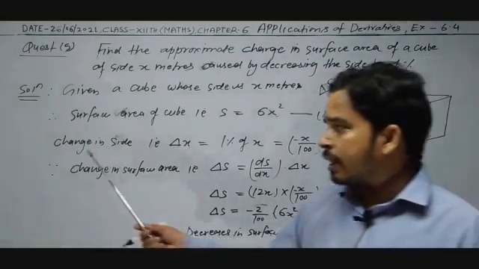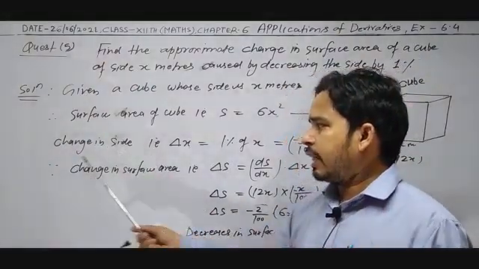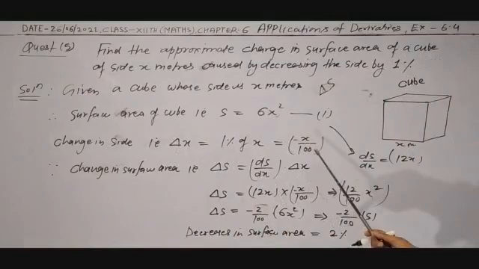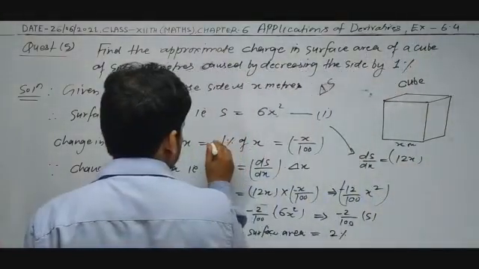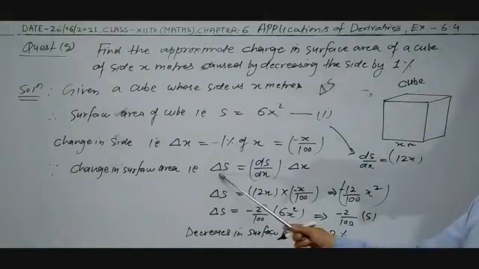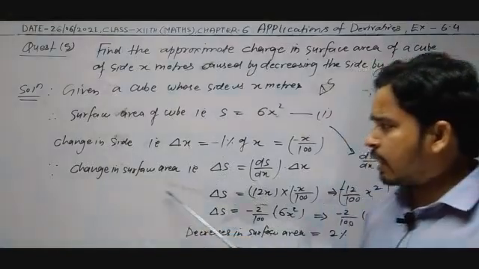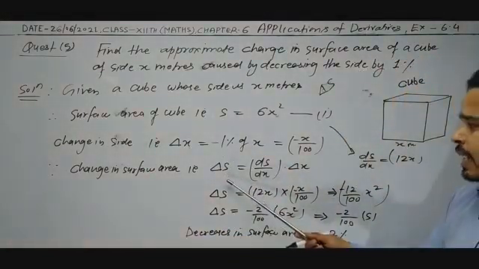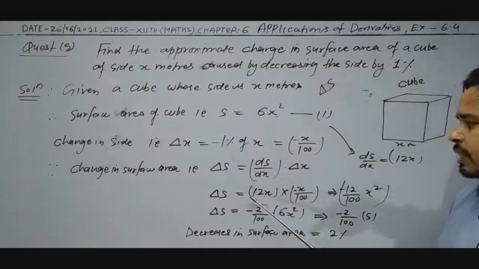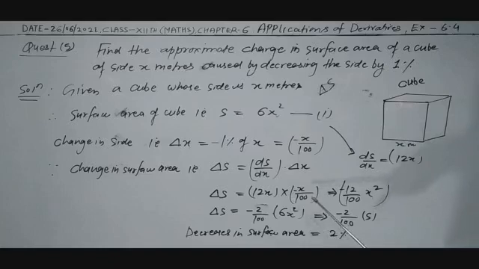So according to the question, the change in side is given: del x is equal to 1% of x. Now this is decreasing, so you will write it with a negative sign, so minus x by 100. So del S, the change in surface area, can be written as del S is equal to dS upon dx times del x, and dS upon dx is 12x, and del x is minus x by 100. So 12x times minus x by 100 gives minus 12x square by 100, and a minus 12x